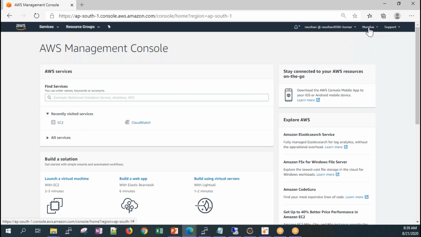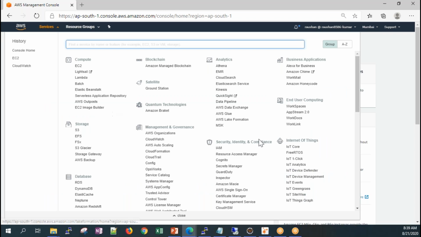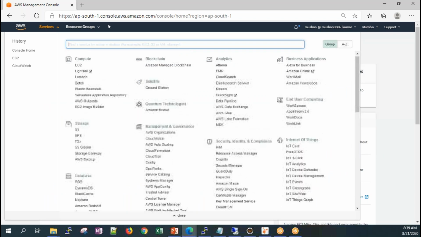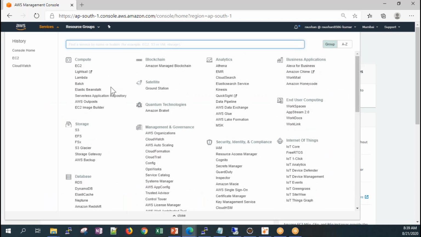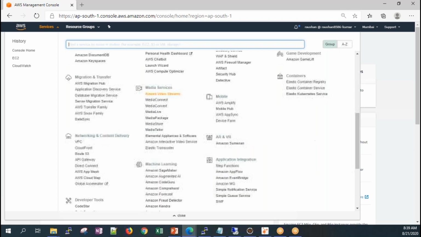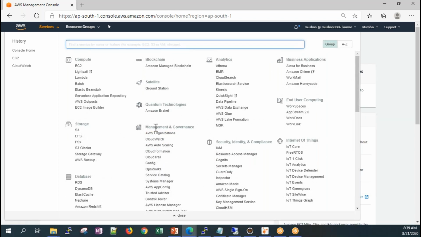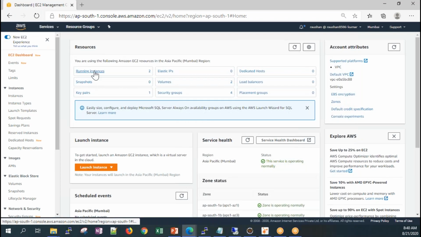So I have created my account in the Mumbai region. Look at the number of services on offer in AWS. When they launched, it was just EC2 and a few others, VPC and S3, but now they have so many, and they are still developing and will keep on developing. We'll go to EC2 here. I have 2 instances running. This is the VPC networking in place for our internet connectivity. They have given a default, but we will create our own VPC.